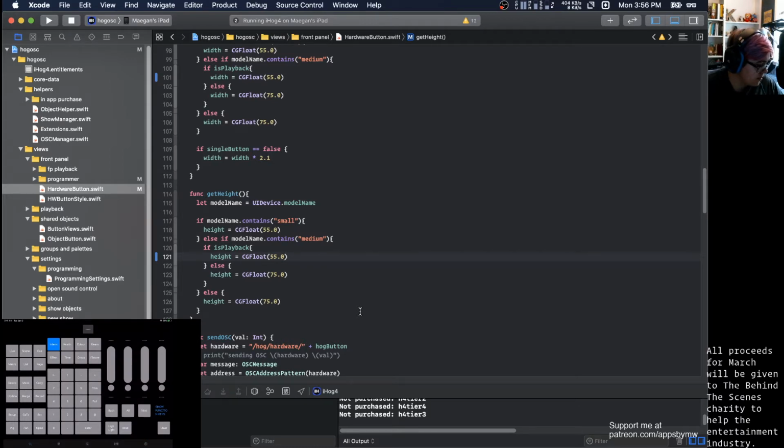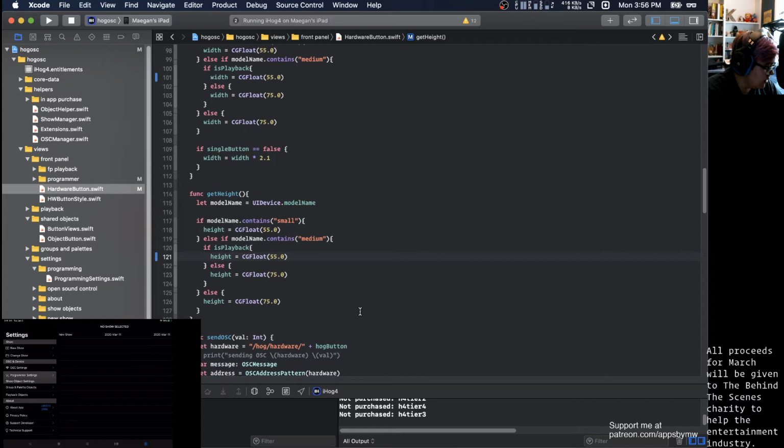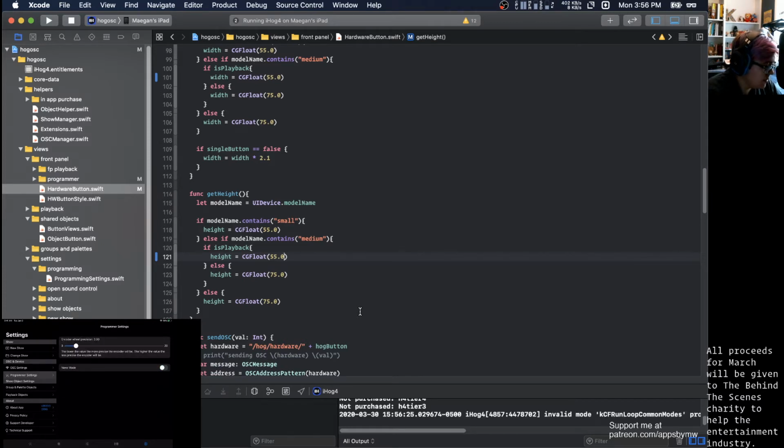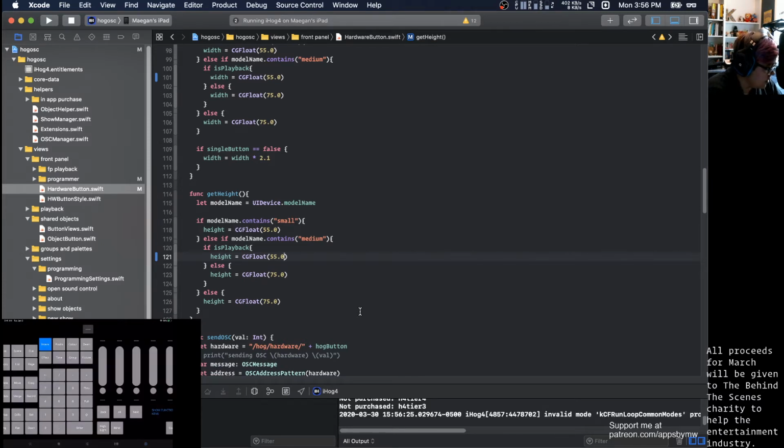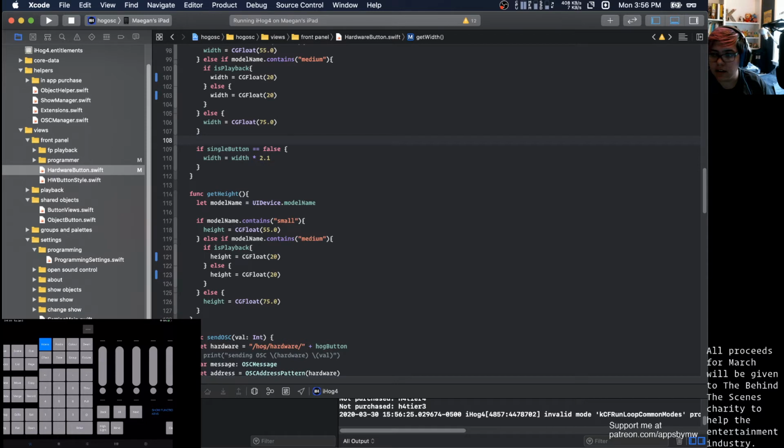Okay, so we're still in nano mode. I can't really see if anything changed, so we're going to change our programmer settings out of nano mode. And they're still huge, which is not what we want at all, like I said. So let's try going a little bit smaller. Let's take it all the way down to 20. And then I'm gonna put a check here at the beginning. Okay, and then I wanted to put a check in my content view